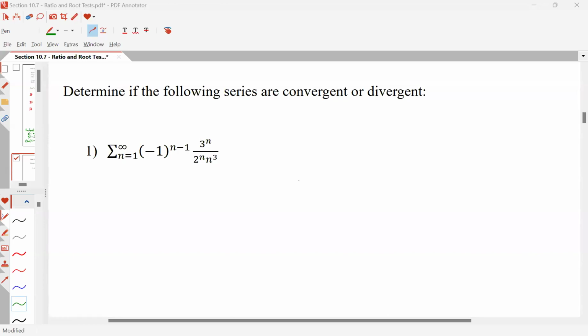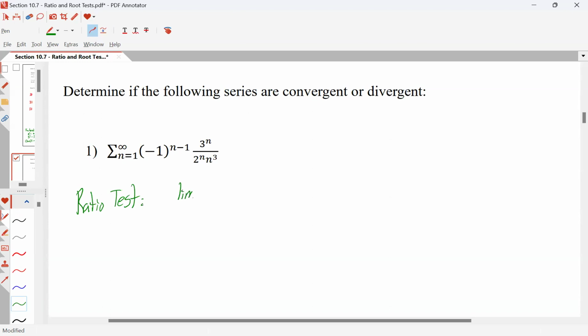Hello, in this video, we are going to take a look at 4 examples of using the ratio test. So, the first example is this series n equals 1 to infinity of -1 to the n minus 1 times 3 to the n over 2 to the n cubed. So, the ratio test tells us